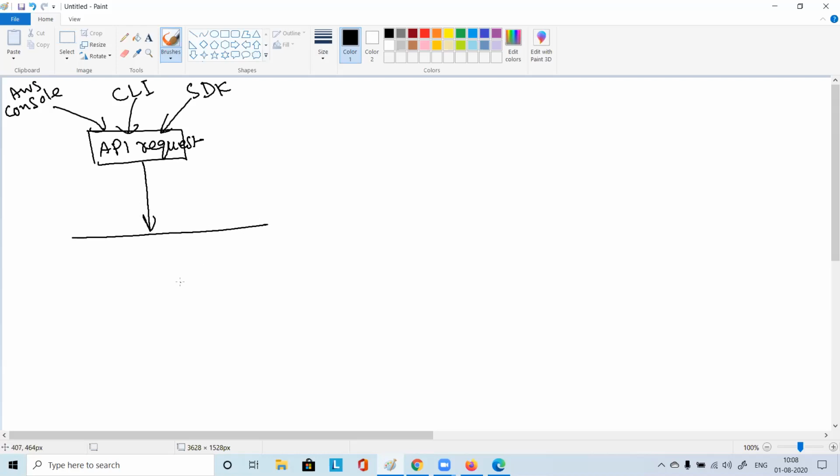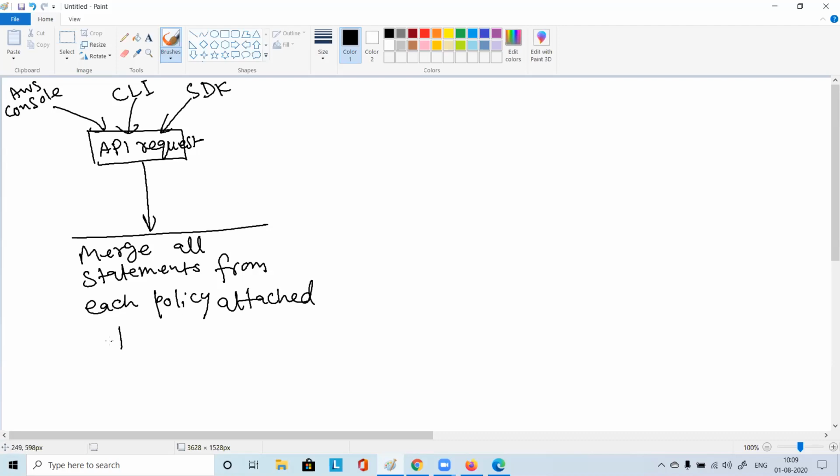Now, whatever requests are coming to the policy, what it will do is merge all statements. So you saw some statements we had written, right? So merge all statements from all policies, each policy attached to the entity.